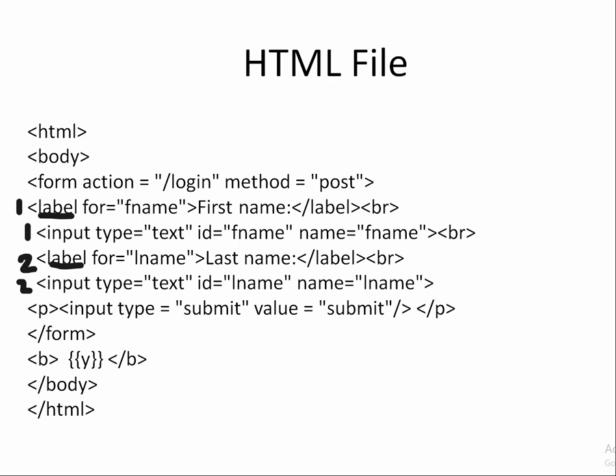Third is also a label. After that break, the fourth one will be the text box, right? So what this button is going to do is just submit, and once it is submitted, it will post the information to the web server, and the web server has to render. So this is the Y value that we are going to get from the web server, and that Y value should be shown once we have clicked this button. It has to show that value.